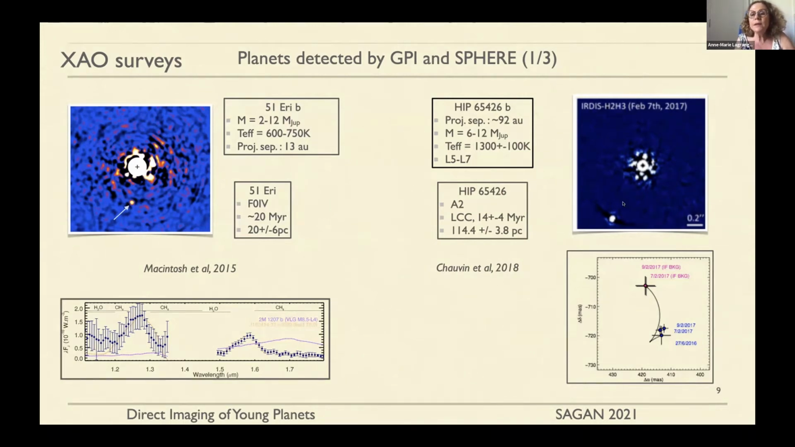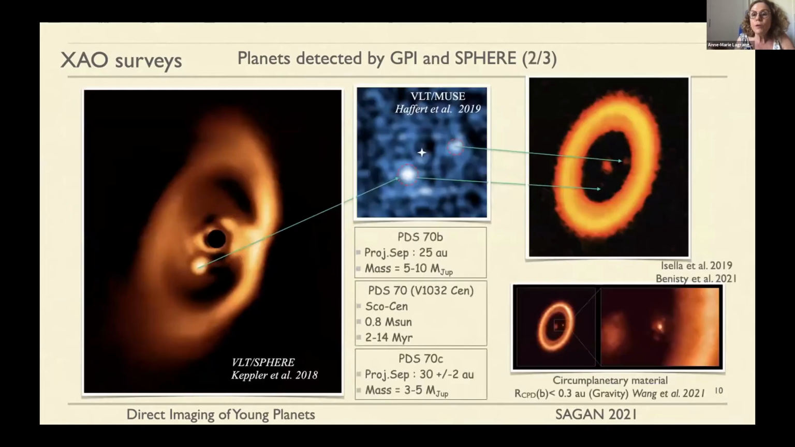The first planet detected by SPHERE was HIP 65426, and it was detected further away at 90 astronomical units, on a star much further away in the Scorpius-Centaurus association. And in fact, since then, SPHERE has detected several planets in the Scorpius-Centaurus association, and it's probably now the greatest place to look to search for planets and disks. And one of these planets is